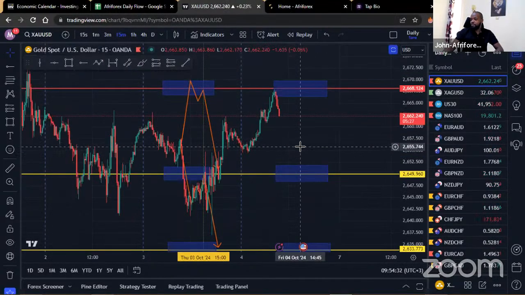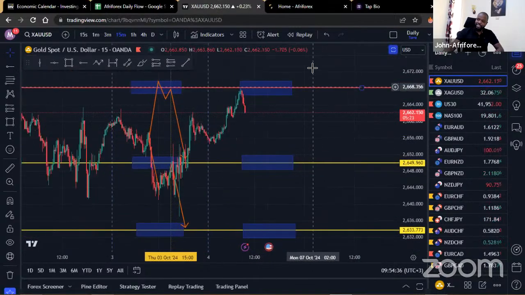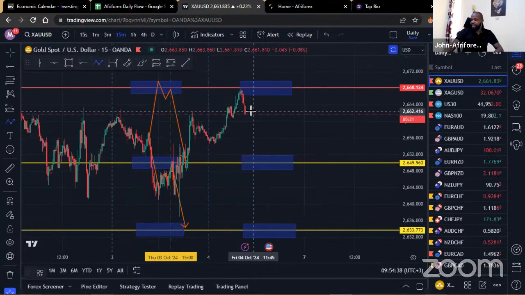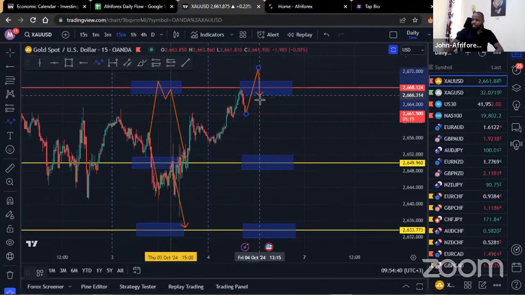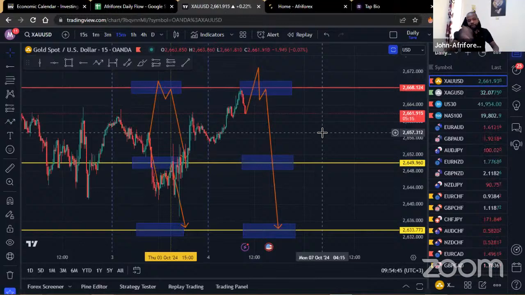Remember, we're not any prophets. We're not prophets when it comes to trading. We just read the story to the best of our ability, try and analyze the fundamentals, try see what the big boys could be doing. Because remember, these guys, they don't call anyone. They don't inform you on what they want to do. It's up to you to go sit down, figure out what possibly they could be trying or what they could be up to. So that's what we generally do when we come here each and every morning.